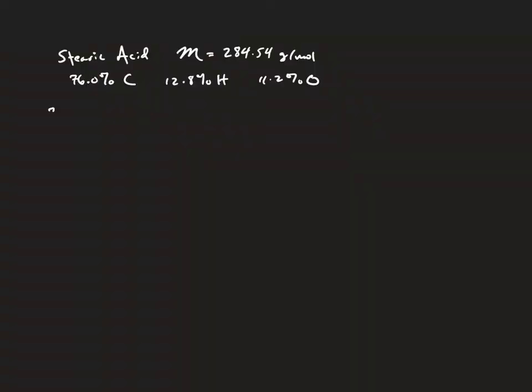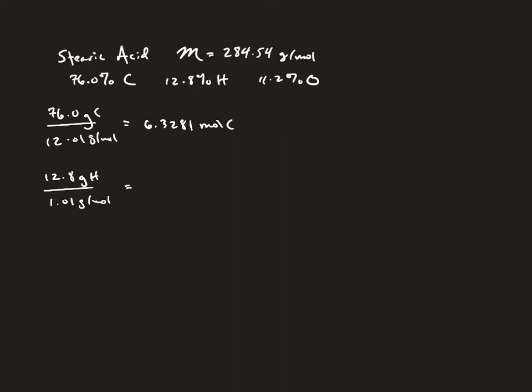Okay, so first thing we want to do, we assume 100 grams of the compound so we can start turning things into moles. So we have 76.0 divided by 12.01 for the carbon, and I'm going to carry a couple of extra significant figures through for now because we can do that. 12.8 grams of hydrogen divided by 1.01 grams per mole. And that is 12.6733